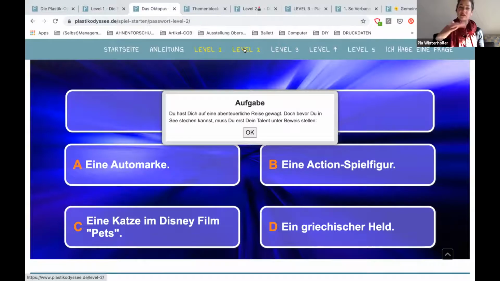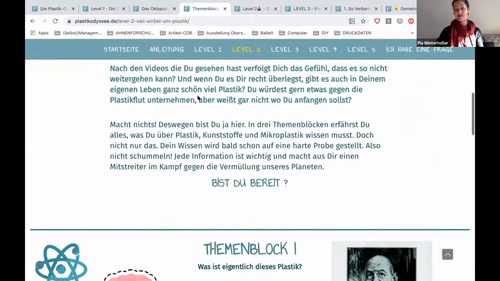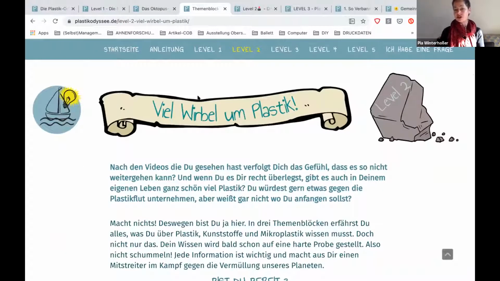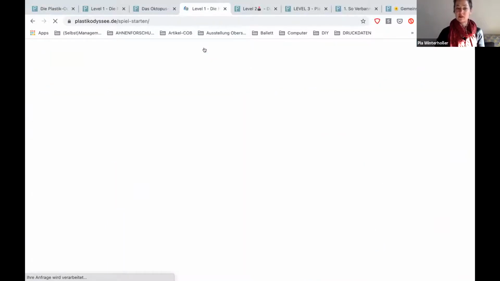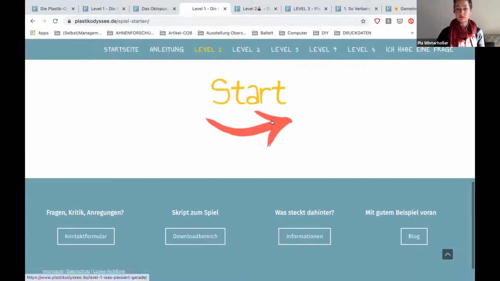The quizzes provide the passwords for the levels, and here's the second level, which is providing information. The first level would be emotionalization. The internet's a little bit slow now. And this first level is providing